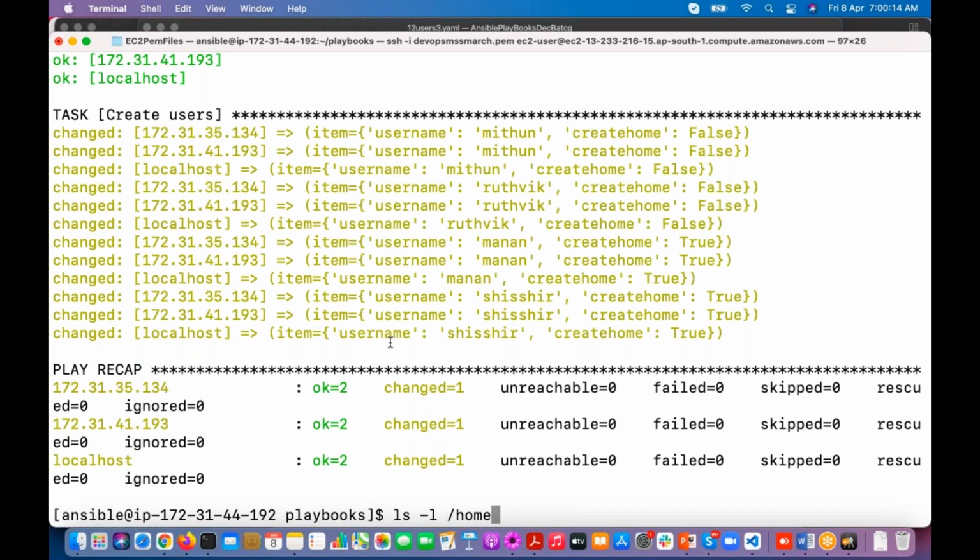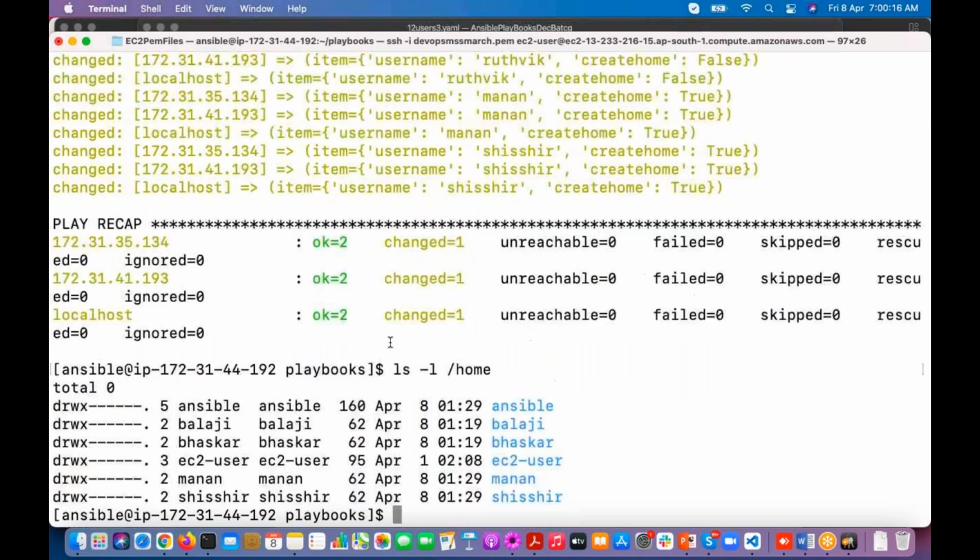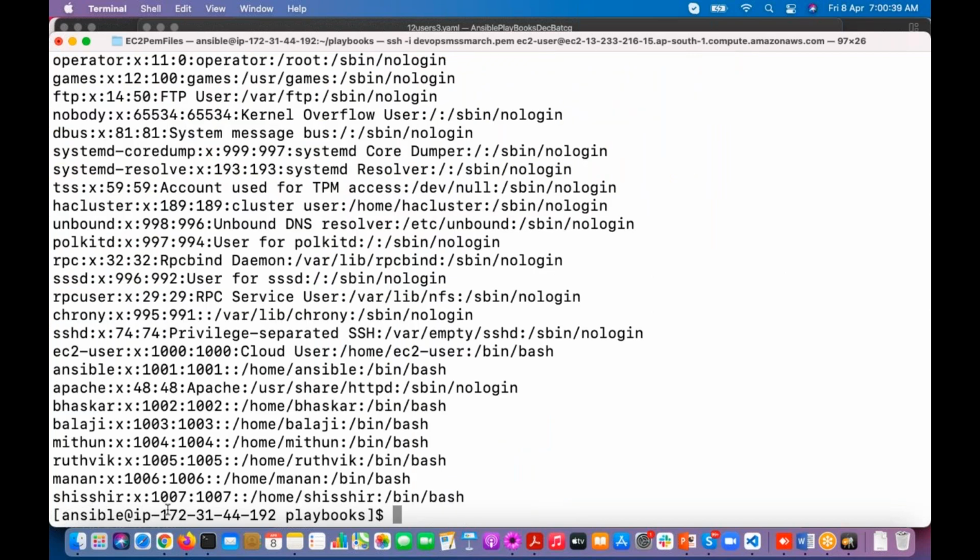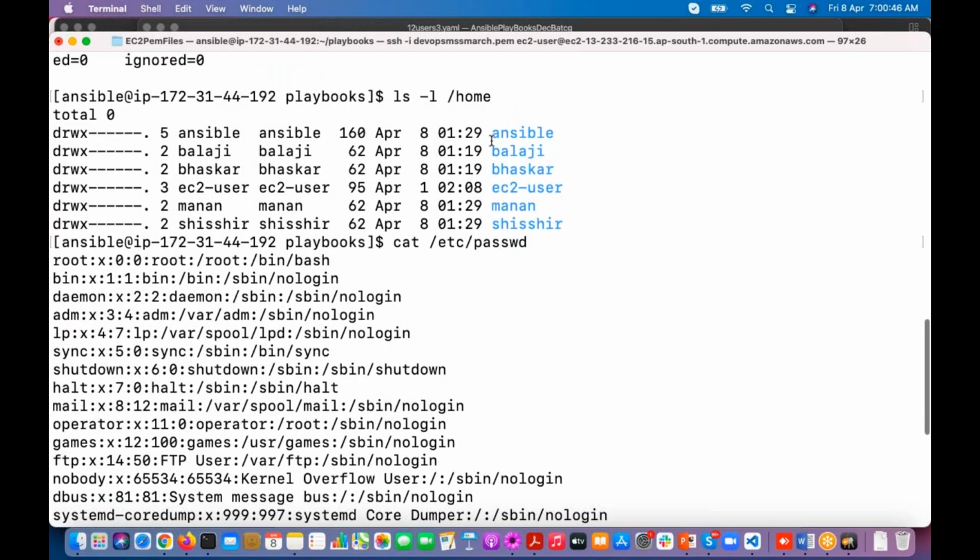For Mithun and Rutvik, there is no home directory. If you observe here, do we have directories for Manan, Mithun and Rutvik? No, but the user has been created. So if you go and see cat /etc/passwd file, if you observe here, Mithun user has been created, Rutvik user also created, but we don't have those directories